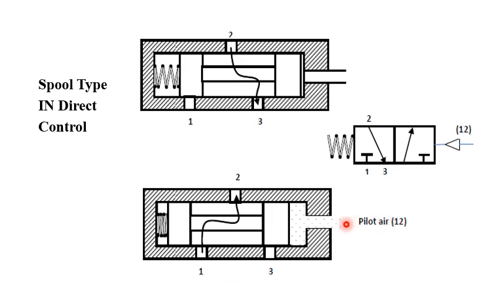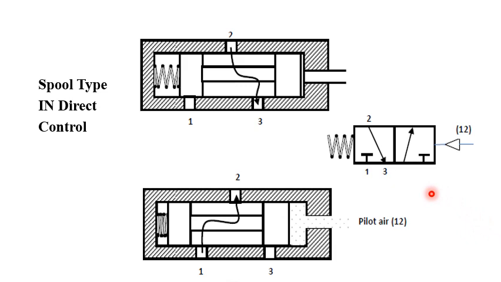What will happen? The pilot air supply will be given, so that will push the spool of the valve. So what will happen at that time? See here, in the initial condition 2 to 3 is connected. When the pilot signal is given to the right side, against the spring force, 1 to 2 is connected. Until when will you hold the pilot air pressure? Here the air pressure should be more than the spring pressure, so that only then will the air push the spool against the spring and create an opening from 1 to 2, and port number 3 will be under closed condition.